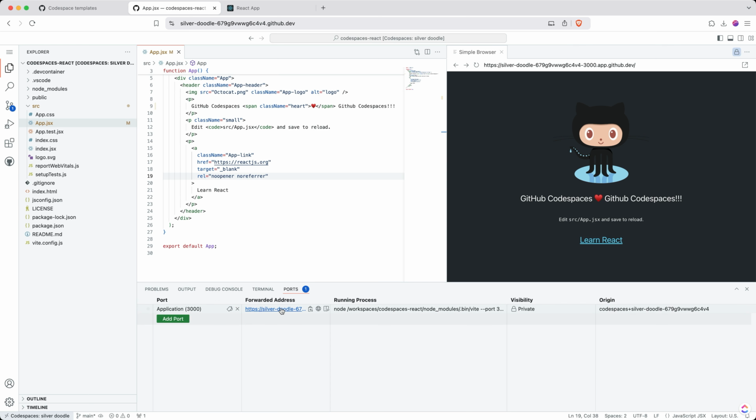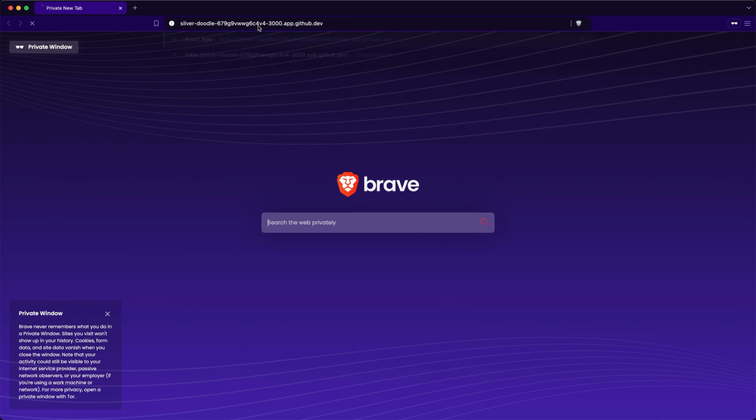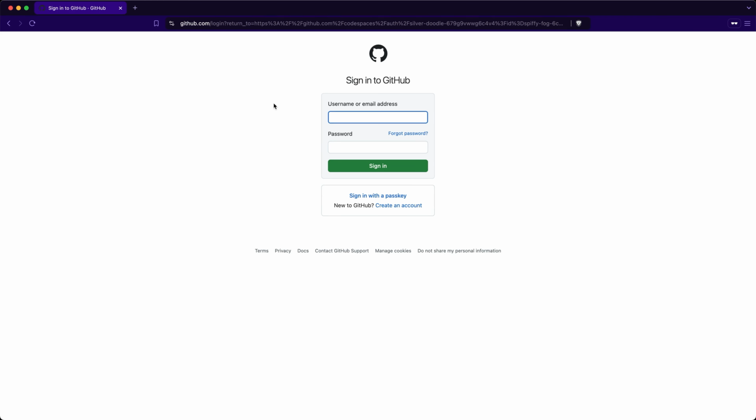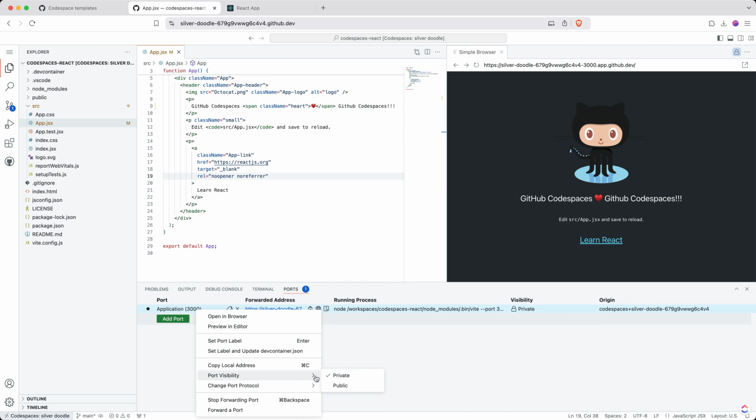So this is already running in private visibility, which means if I take this link, click here, copy this, and if I open up this in an incognito window, this will not open up. So the port has been opened securely for my own username, so it's not available on the internet to anybody. So if I go back, close this, and change the port visibility by clicking on public,